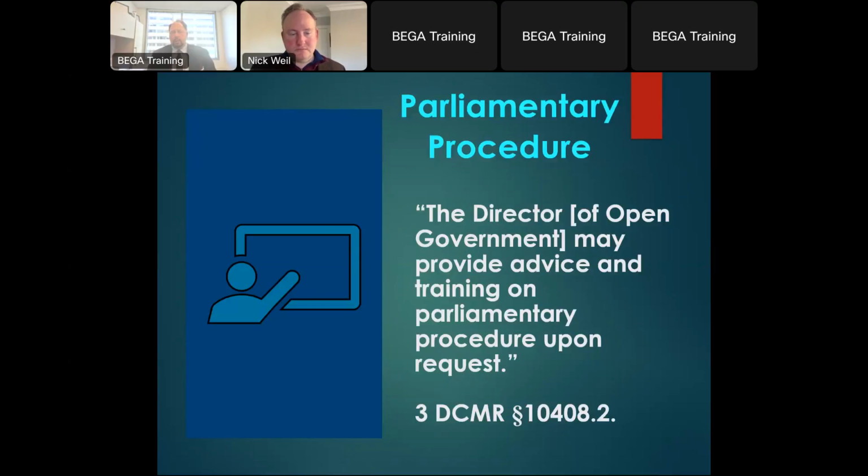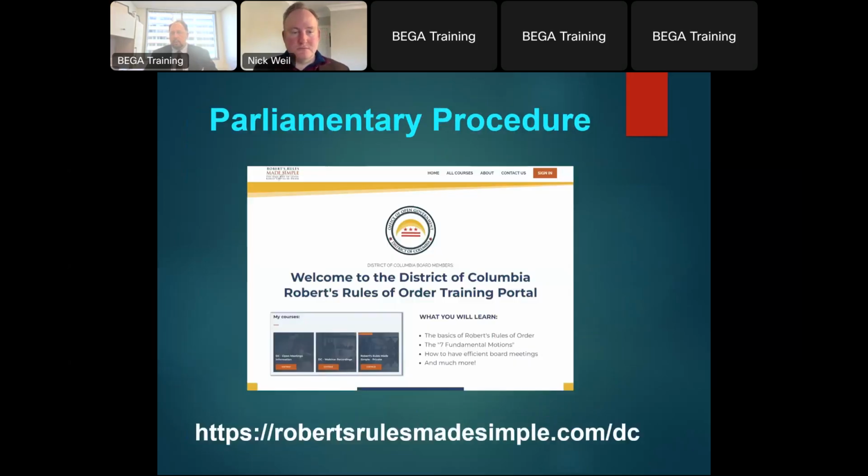Under the DC regulations, 3 DCMR section 10408.2, the Director of Open Government may provide advice and training on parliamentary procedure upon request. We do occasionally get parliamentary procedure inquiries, and we're happy to help and advise. However, we do have, in fact, the portal, and this is to be distinguished from the portal that is used for FOIA requests. We have the Robert's Rules of Order Training Portal, aka